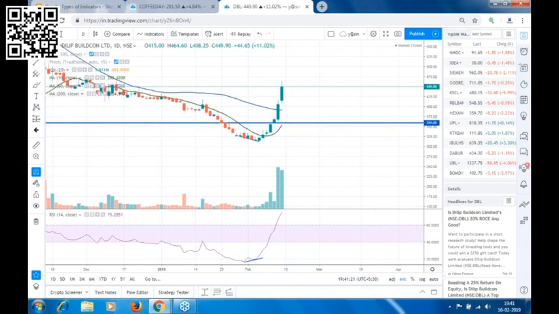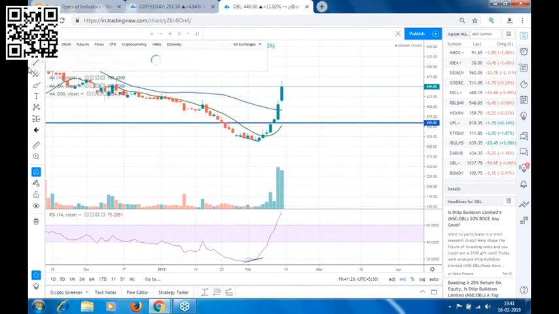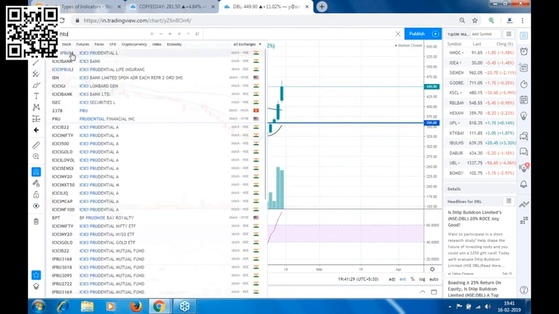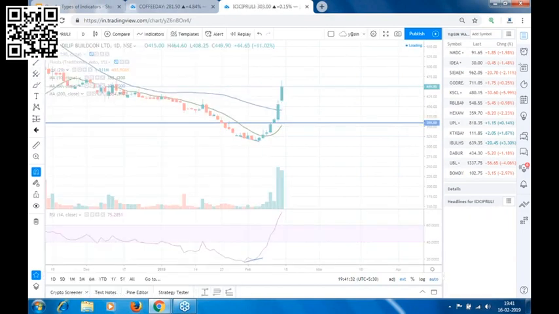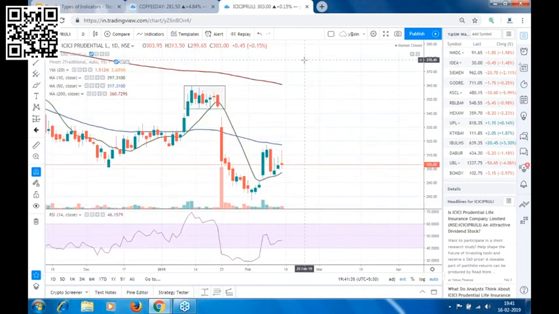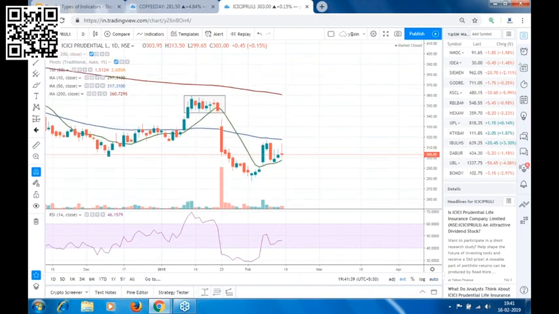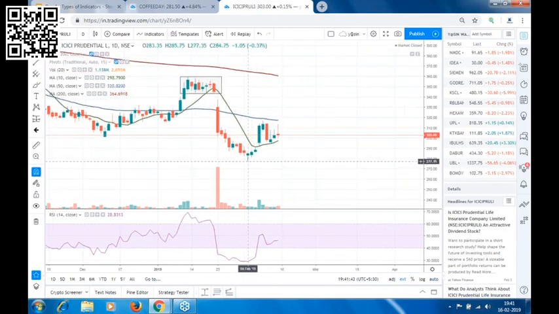Though sometimes we also consider the candles like the one we gave ICICI Pru. If you see ICICI Pru, that also gave a good rally. Now see, here we saw a candle formation. The stock was in a downtrend. We didn't wait for it to cross this 10 moving average, because see, once it crossed the 10 moving average, you can see the rally in the stock in no time, in 2 days, what rally the stock has given. From 290 it went up till 317.